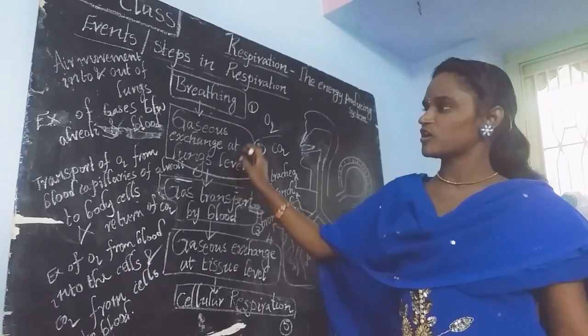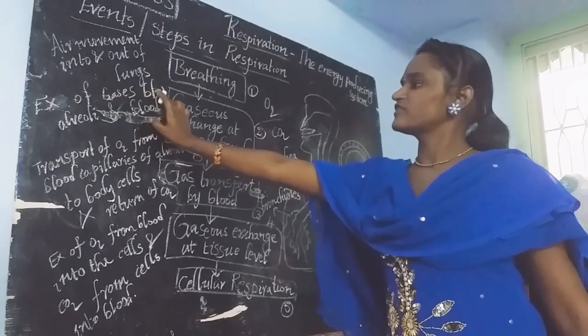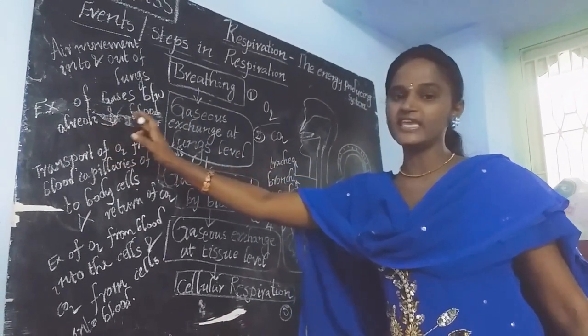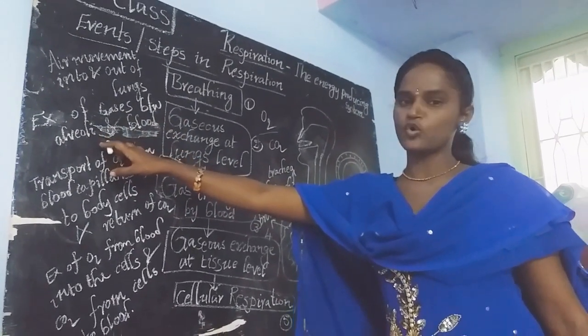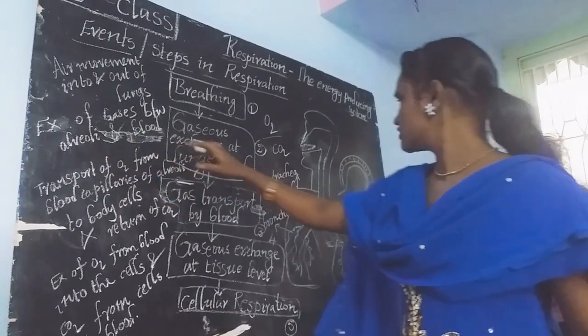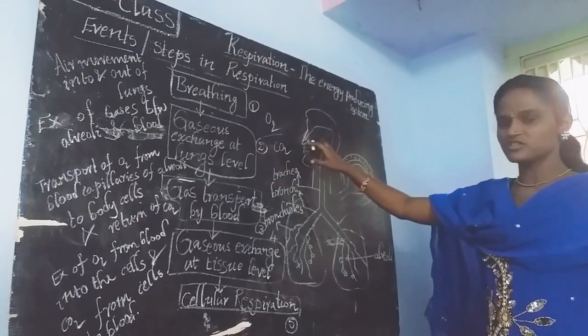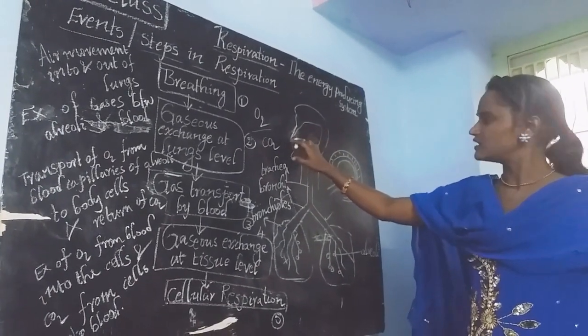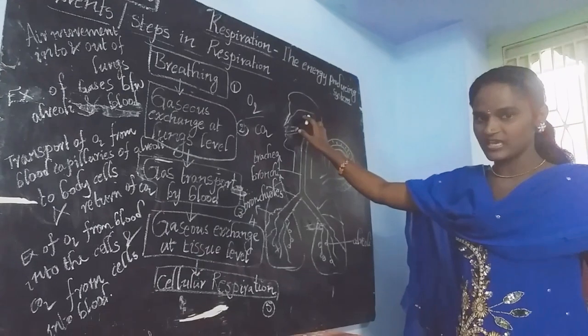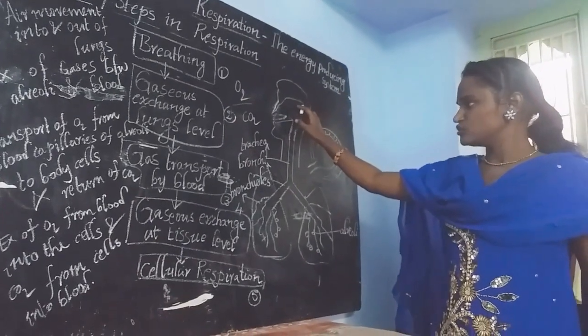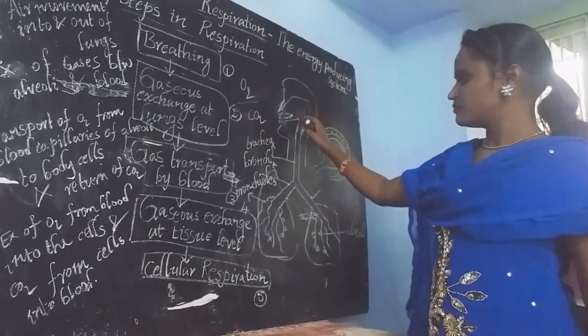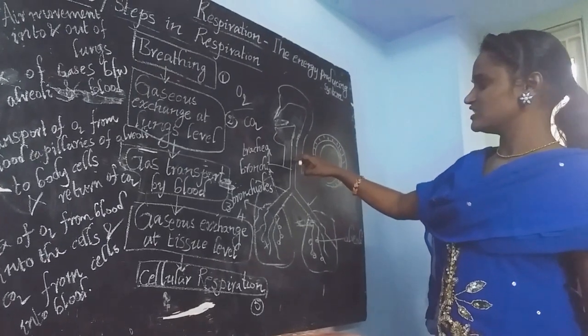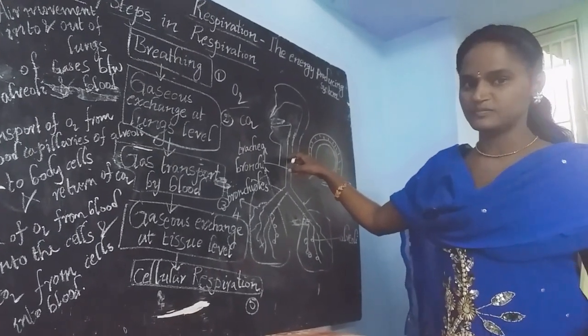In the second step, what is going on? Exchange of gases between alveoli and blood. What is alveoli here? See here children, the respiration starts here through our nostrils. This one is the nostril. Air enters, and with the help of different passages it reaches the windpipe,